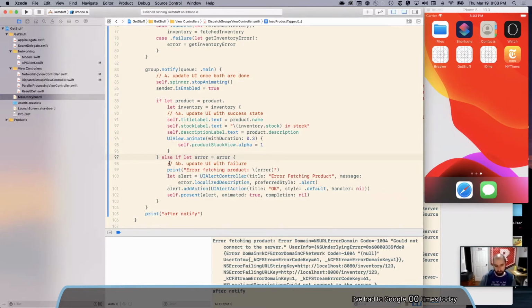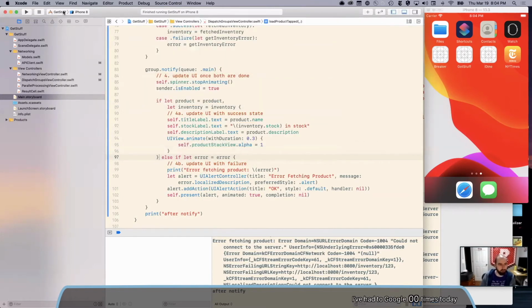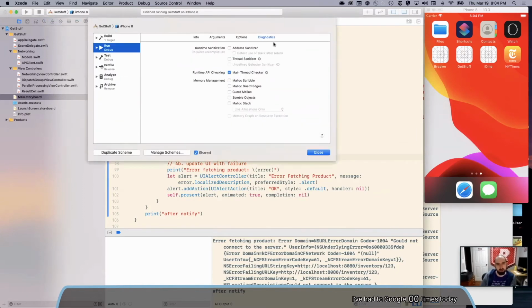Whether that's the network or a local database or files on disk, a lot of those things happen asynchronously with these closure-based things. And it's really just all about knowing when to put things onto the main queue. That purple warning that I got earlier when I had forgotten to put something on the main queue, that actually comes from, I should do that without the keyboard shortcut. If you go into your scheme here and edit the scheme, under diagnostics, the main thread checker is turned on by default. And that's the thing that caused the purple line to show up when I did a UI thing not on the main thread.